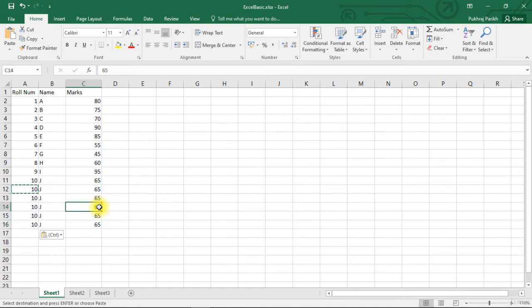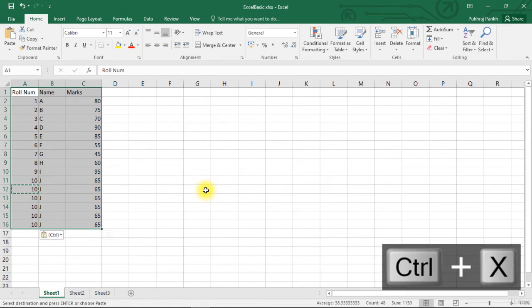Okay, so till now we have moved and copied contents of only one cell. But if you want to move the entire table or some part of this table, how can we do that? We can do that by selecting the entire range of cells that we want to move or copy. To select multiple cells, click on the first cell of the part you want to copy, hold the click, drag the mouse till the last cell and now leave the click. You will see that the entire selected portion is having a grayish background.